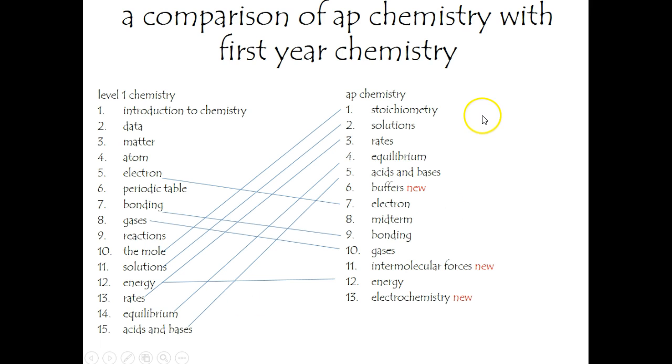Now, compare that with the AP Chemistry class, and you'll see we don't start with just a welcome to chemistry, what is it, and atoms, things like that. We dive really into the nuts and bolts, stoichiometry, which is really all about the mole. It gets covered even a little bit during the summer and during the first couple weeks of the course. A little bit about solutions, and then into the really four most challenging chapters of the year: rates, equilibrium, acids